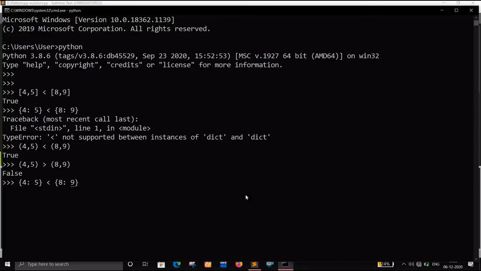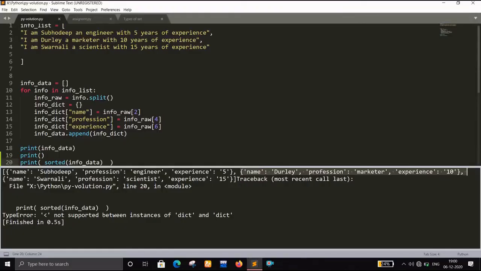But when it comes to dictionaries, this won't work. Remember that dictionaries cannot be compared, right? So if it cannot be compared, is there any way? Of course there is. We cannot compare dictionaries because they are just key-value pairs. We cannot compare them directly with one another. What we can do instead is pass something called key, and we will say lambda